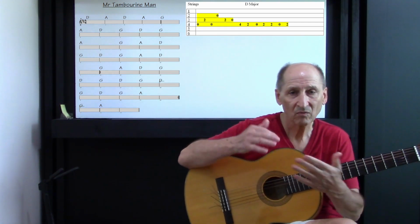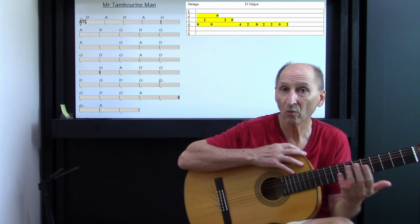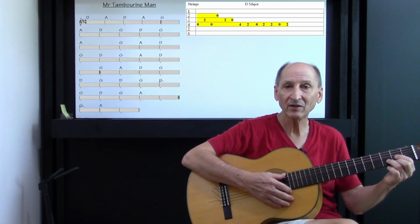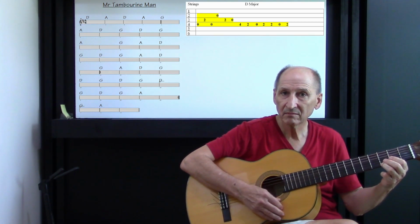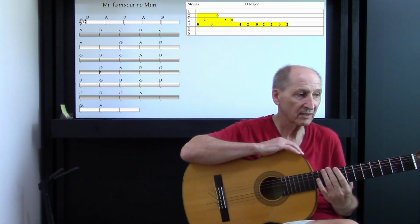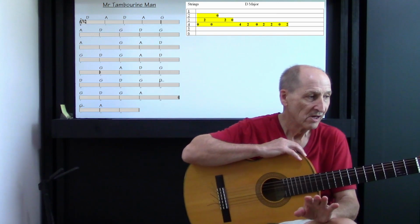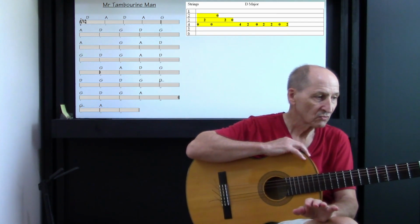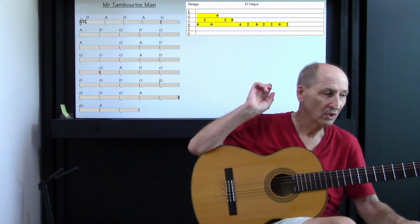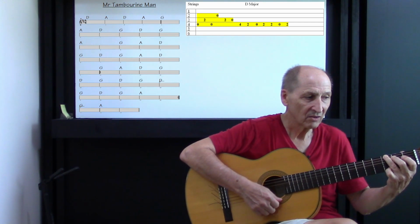Okay, so again, with this here, most of you, in fact, all of you should know the chords. So it's just a question of counting the... So let me just jump to the part that I want to make you aware of. You'll see there's a repeat sign. It's on bar 22. It's the G, and then it goes